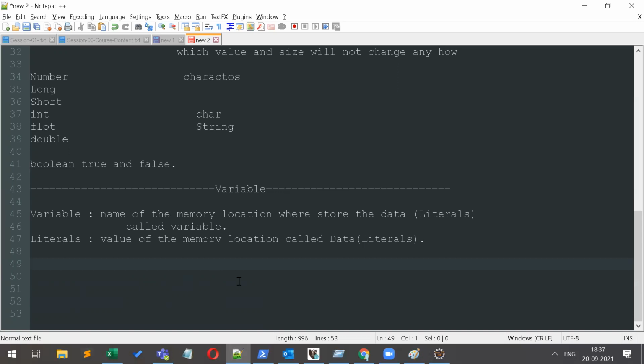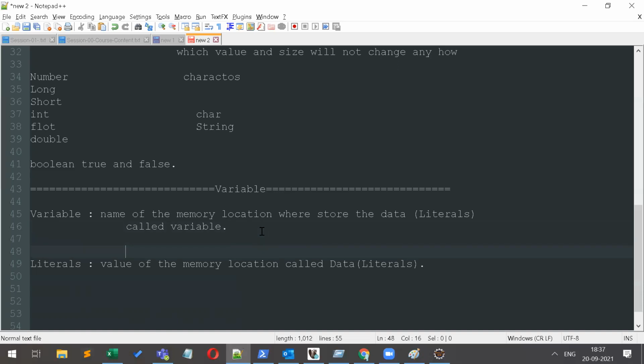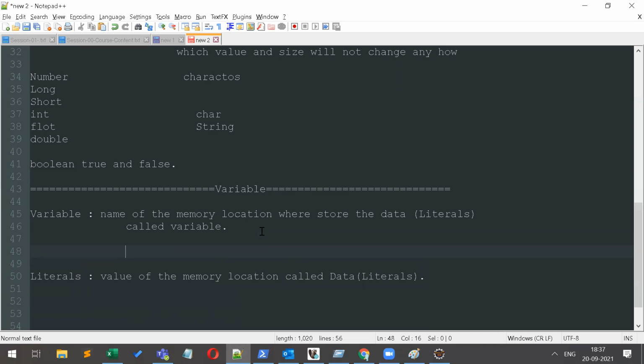We give a particular name, which is called the variable name. So there are a few rules for the naming convention, rules to follow while giving a name.